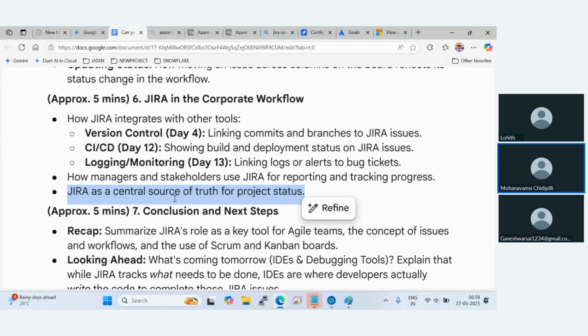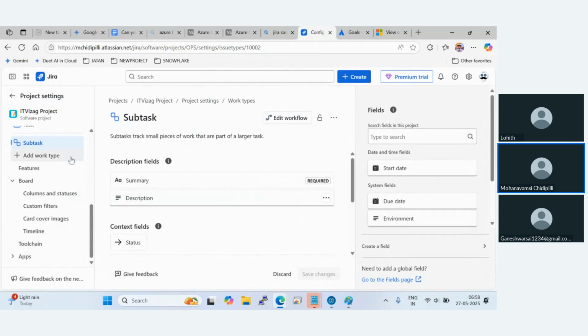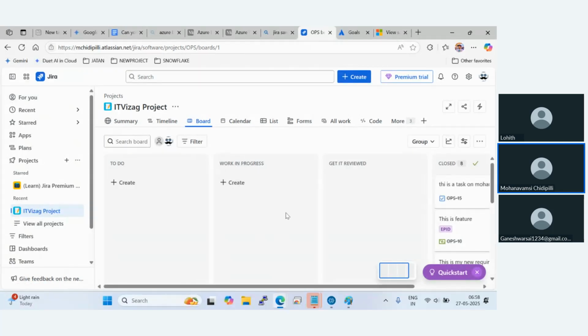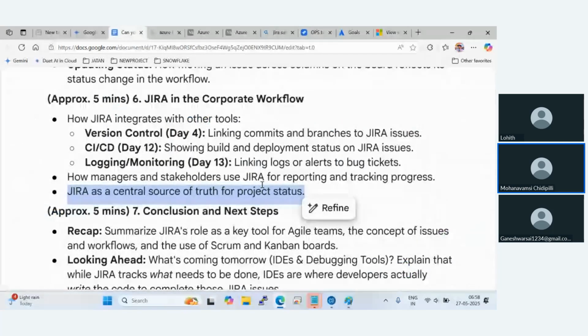Jira is a central source of truth for project status. For example, if somebody is having 5 projects and in one project everything is completed, they can say, okay, these people are doing a great job here. So that is the source of truth. You will have everything handy here, and everything can be seen by everyone, and you can see the progress. You can see if any tasks are pending, and if there are any issues. Everything can be seen here. That is nothing but a source of truth. Source of truth is just an English term where people will say, okay,